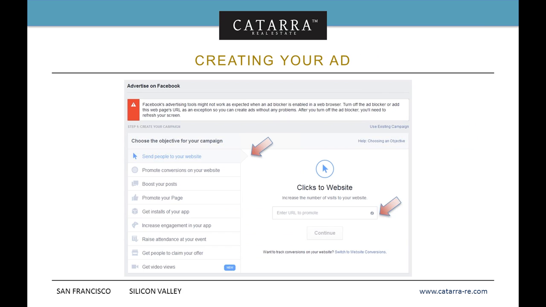The rest of these options over here, promote conversions on your website, boost posts, things like that, there are reasons and rationales for using those. But for these campaigns, you are always going to use send people to your site. That's all you need to know at this point. If anybody has any questions on the reasons for why, that's fine. We can take those at the end. But at this point, you're just sending people to your site.